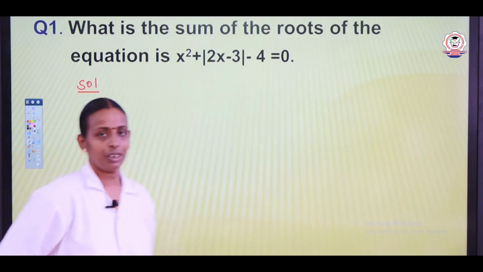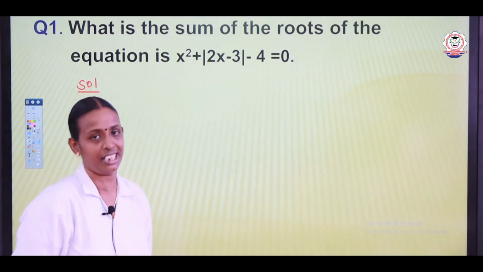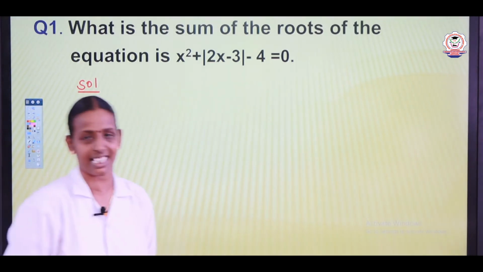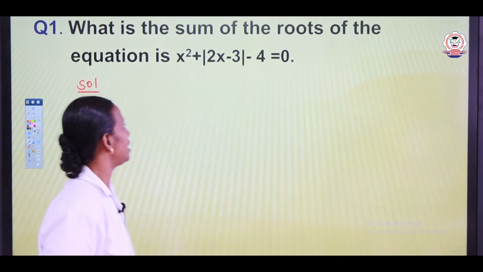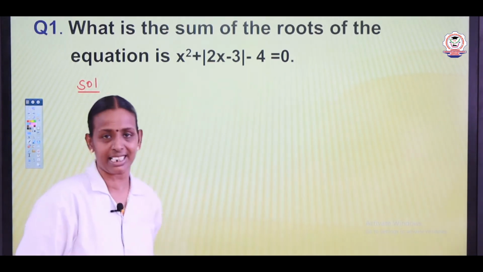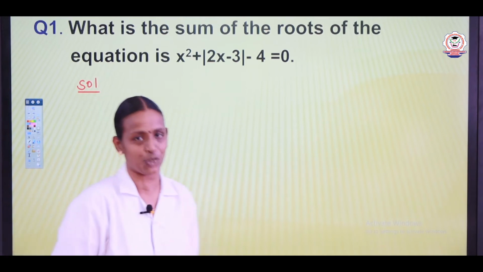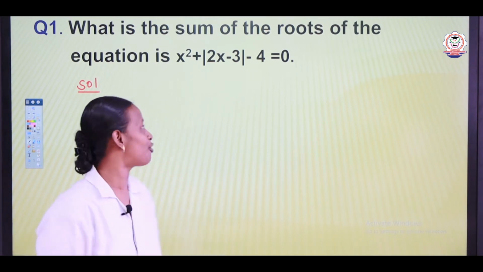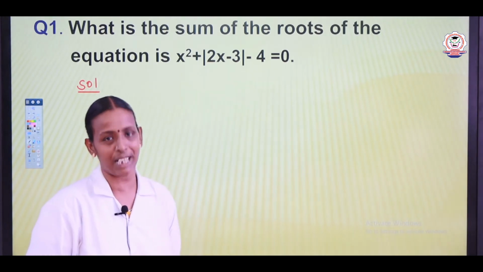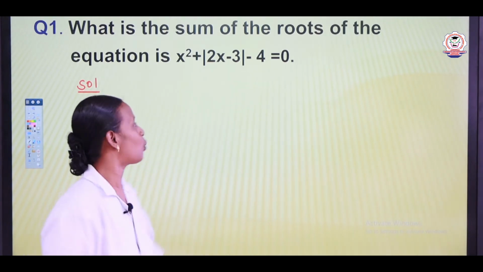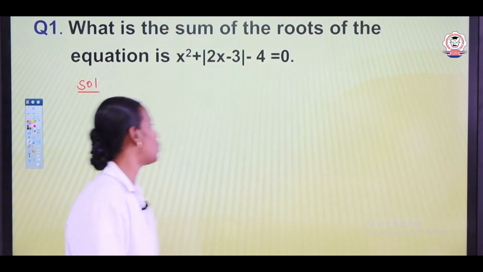In this problem, before going to find the solution, we should analyze two cases. What are the cases? Here modulus of 2x minus 3 is given. So 2x minus 3 greater than or equal to 0 means what is the value of modulus, and 2x minus 3 less than or equal to 0 means what is the value of this modulus. Now case 1,